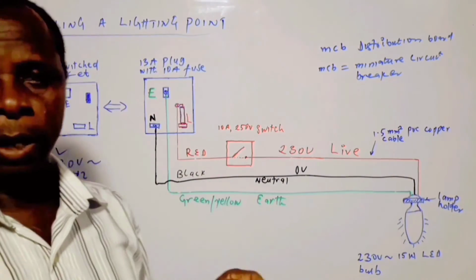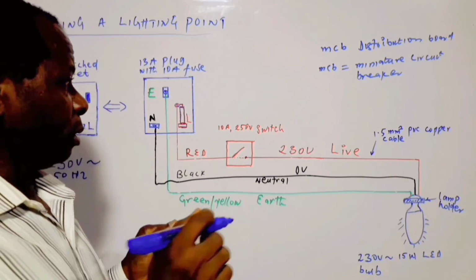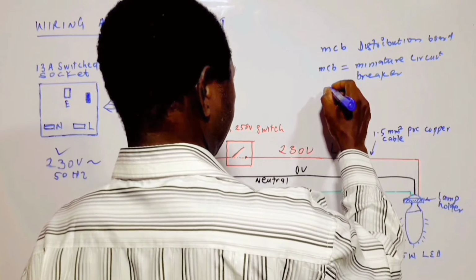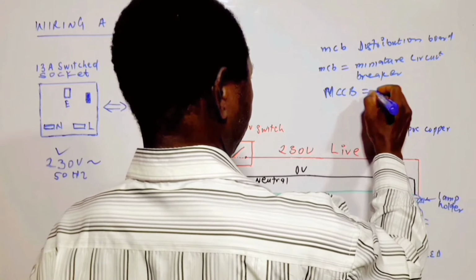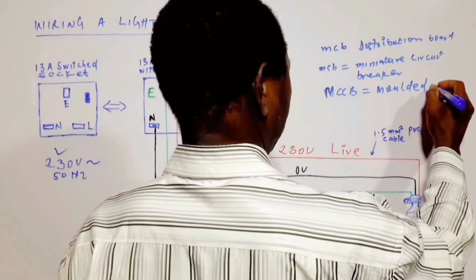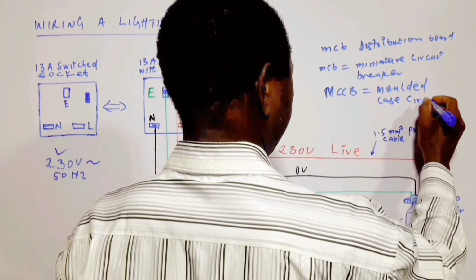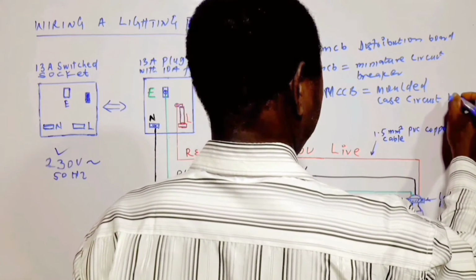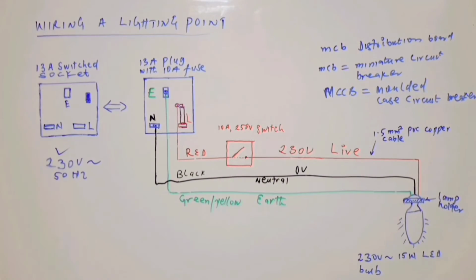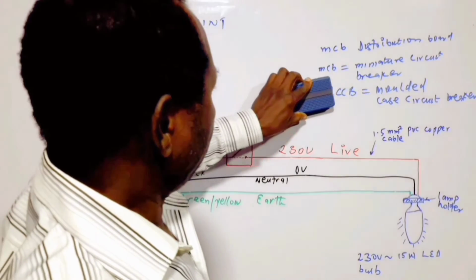We have other types of circuit breakers, such as the molded case circuit breaker, which we are going to talk about in future. MCCB, we call that one. So molded case circuit breaker. So we are going to use, for the purpose of this experiment